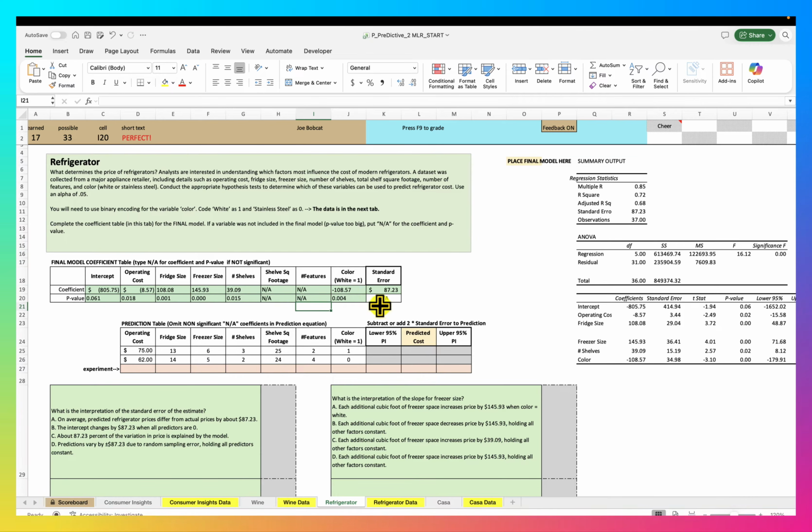Okay, so our predicted cost is going to be equal to the intercept locked plus operating cost locked times operating cost plus fridge size locked times fridge size plus freezer size locked times freezer size plus number of shelves locked times number of shelves plus, and now we're going to skip these two because those are NAs